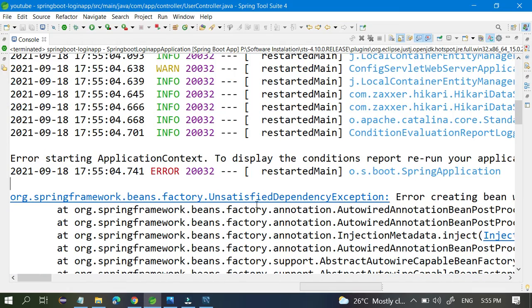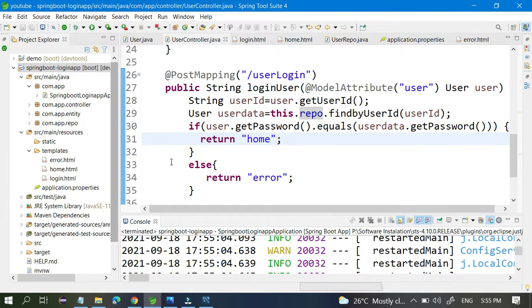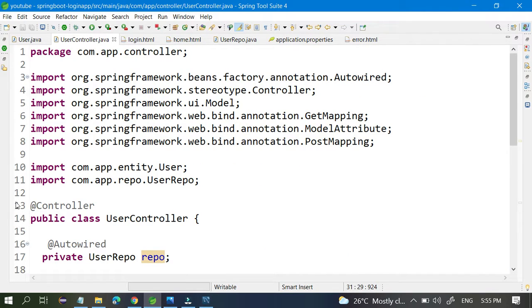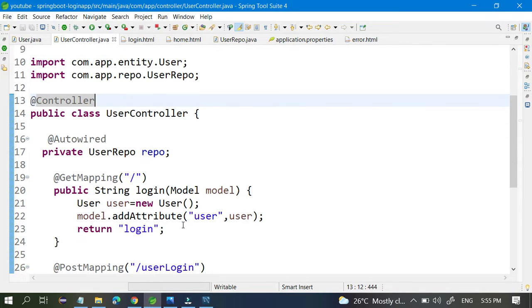In this class there is one bean of private UserRepo, with the required field,